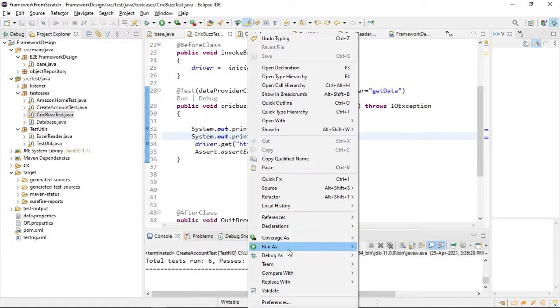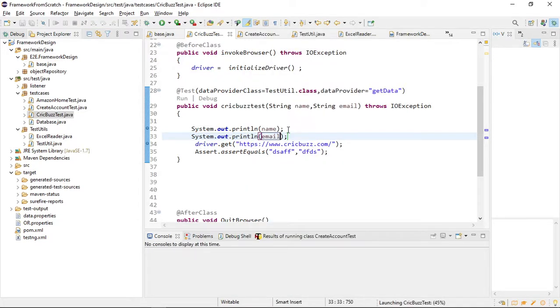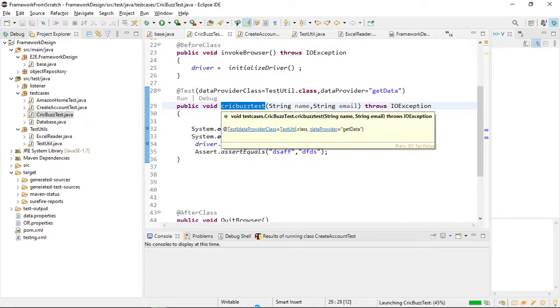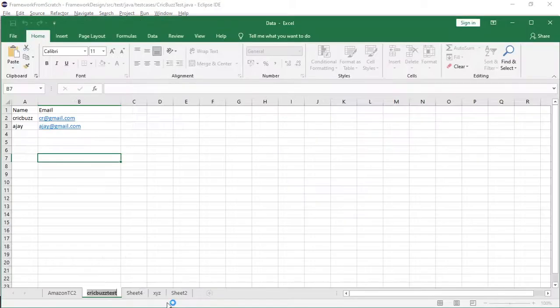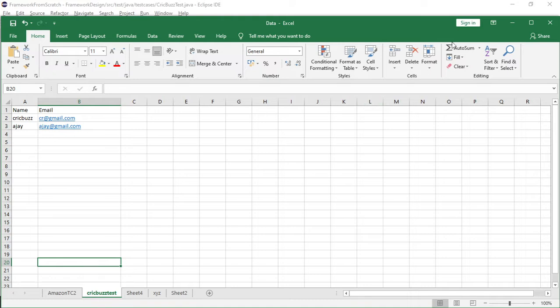So if I debug this time, if you see what is our method name, this is our method name, and it is similar to this one. So the reason I am providing similar is so that we can compare later on. So make sure to provide the same.